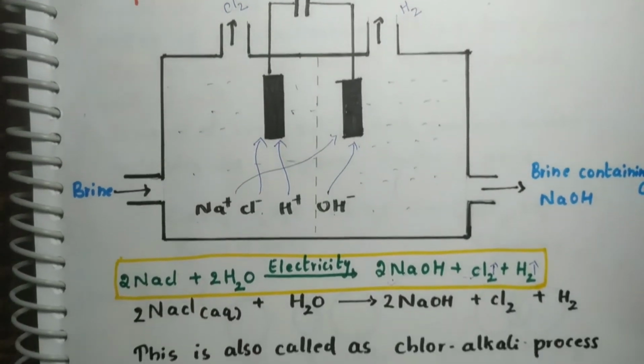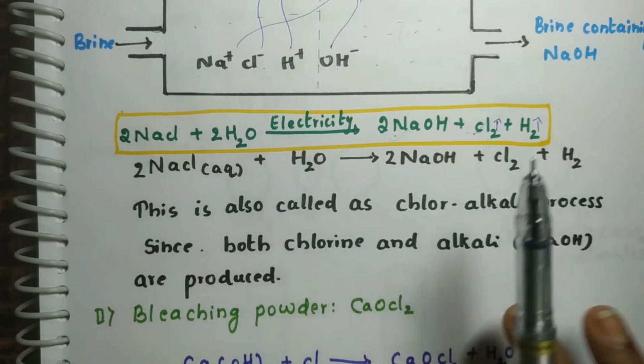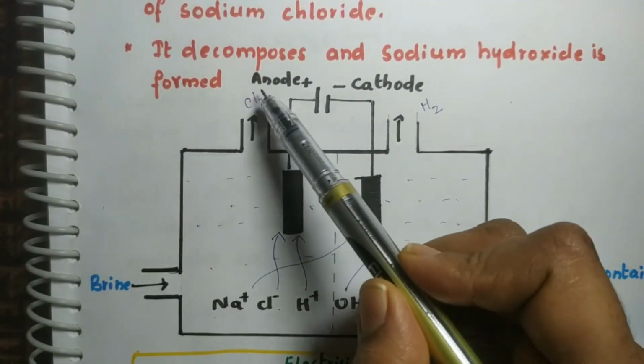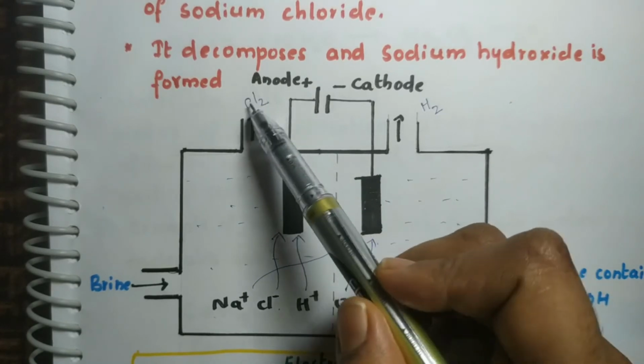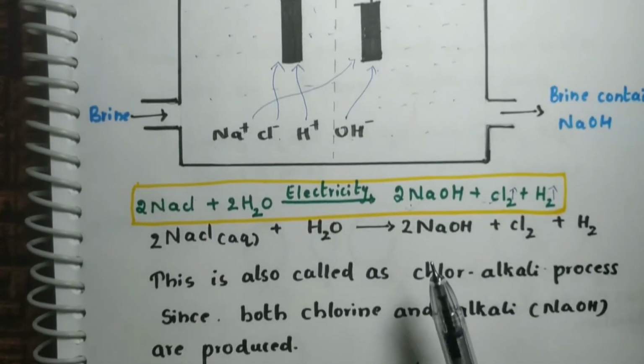The next product we are going to study is bleaching powder, CaOCl2. It is also called calcium hypochlorite or calcium oxychloride. So how do we prepare this one? See, after producing this caustic soda, we have seen that chlorine is produced here as a waste product. It is not used here. The main product we wanted was NaOH. We have got that from here, but chlorine is a waste product. So that's why we are using this same chlorine in the production of bleaching powder.